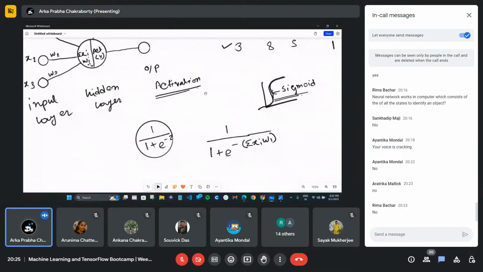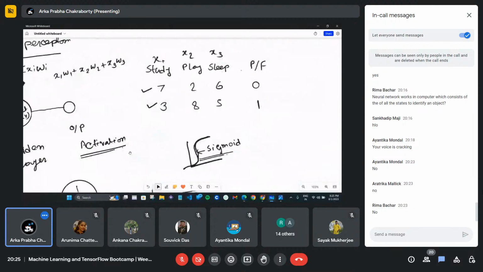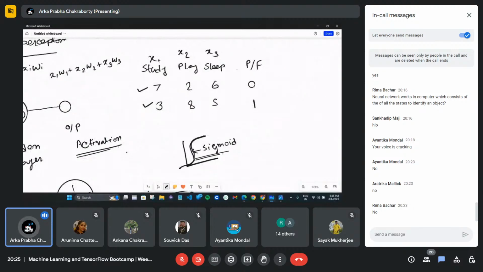Because see, a student can pass or fail, right? There are two classes. A student can pass or fail. So that means we have two classes. One is true, one is false. You can consider this true and false, but for now pass and fail. So do you know what binary is?